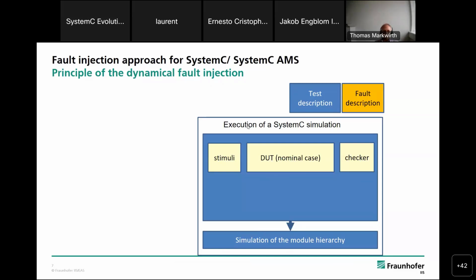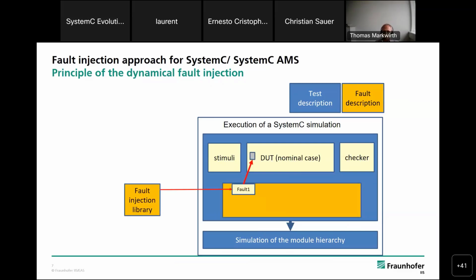On the other side, we have a pre-built fault injection library, which includes our complete injection mechanism and also several predefined fault models. And now during the execution, so during the runtime of a certain test case, we use this elaboration phase to reconnect some connections inside the DOT in order to inject the faults defined in the fault description. And in the